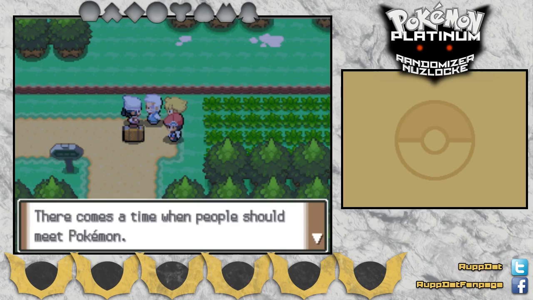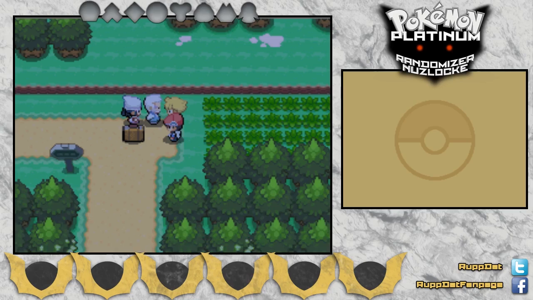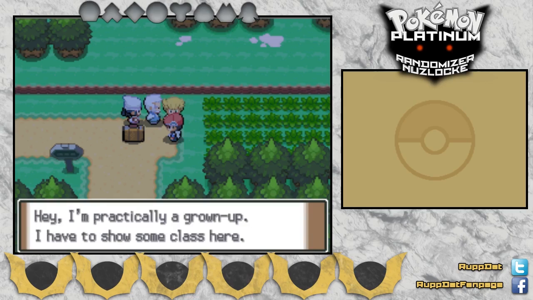We exist side by side with Pokemon. There comes a time when people should meet Pokemon. There is a world that should be explored together. For them, today is that time. The place, right here. Go on, open the briefcase and choose a Pokemon. Okay. Practically a grown-up, you have to show some...